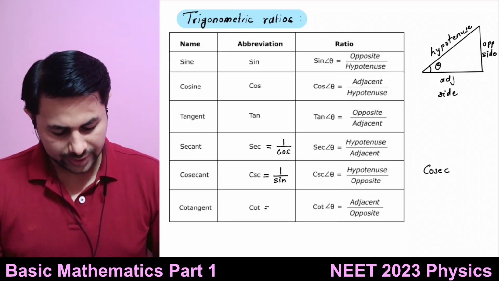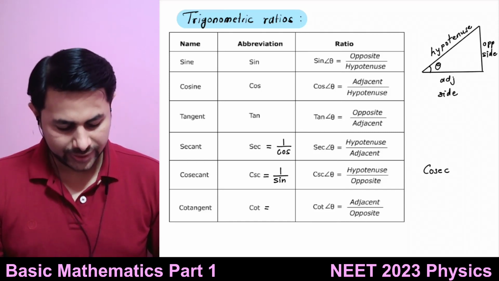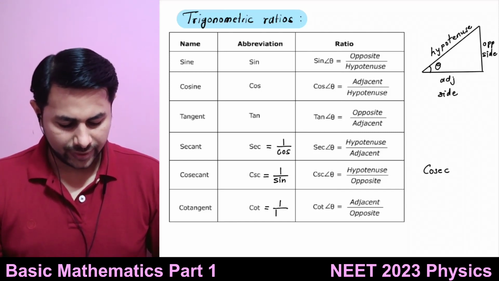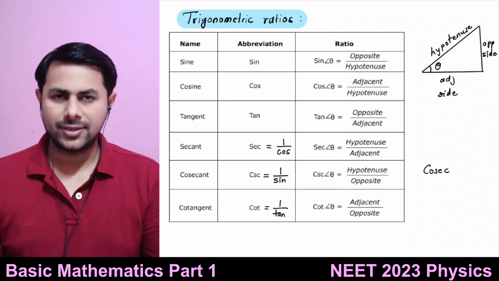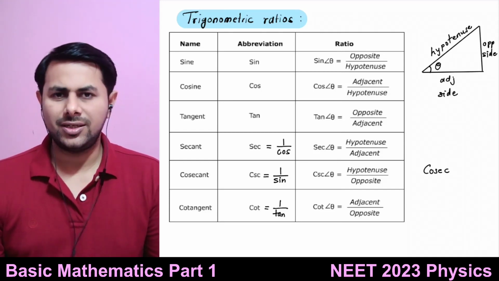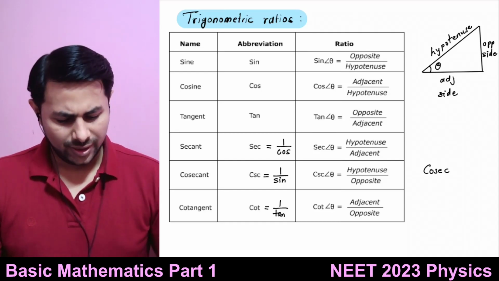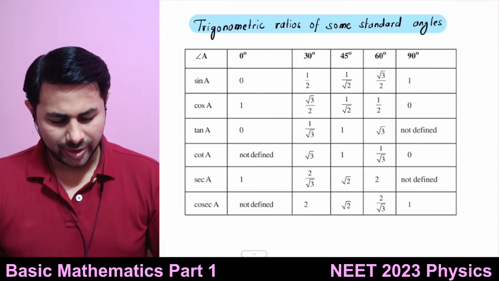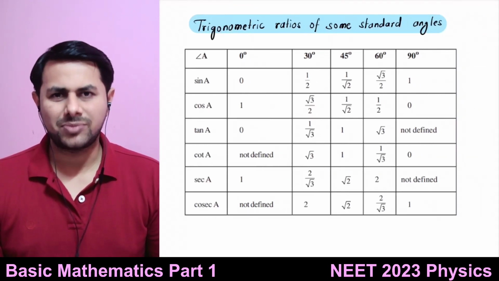And the last one is cot or cotangent. It is 1 over tan, so it is adjacent side divided by opposite side. Okay, so these are the 6 trigonometric ratios, and we have to memorize values of these ratios for some angles,